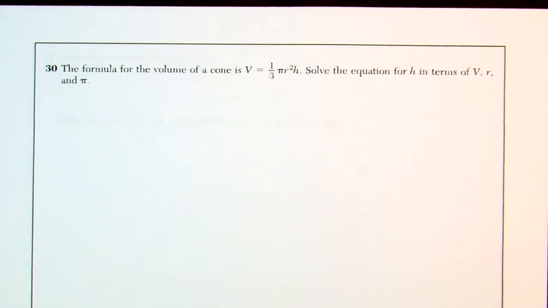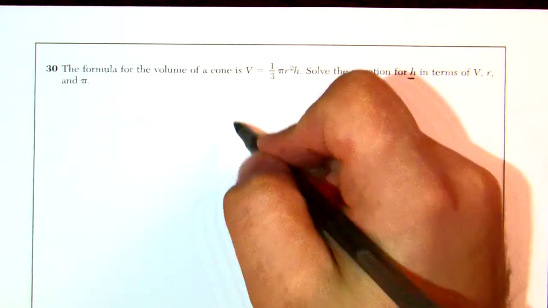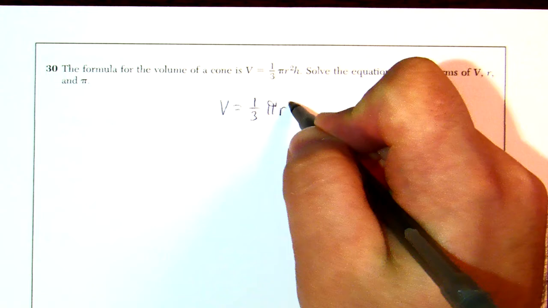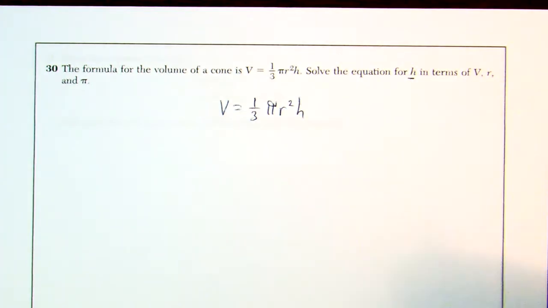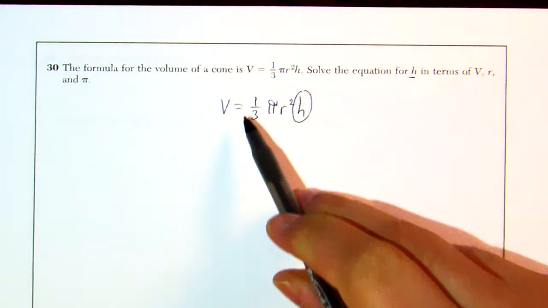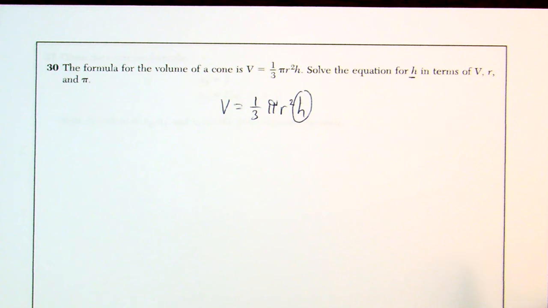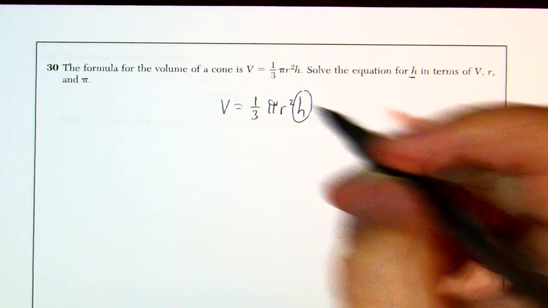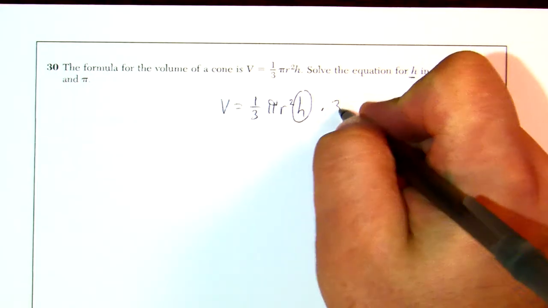Number 30. The formula for the volume of a cone is V equals 1/3 pi r squared h. Solve the equation for h in terms of V, r, and pi. So we want h by itself. So V equals 1/3 pi r squared h. This is what we're looking to get by itself. So just because we had the fraction there, let's get rid of the fraction. The opposite of dividing by 3, which means 1 divided by 3, is multiplying by 3. So if I multiply both sides by 3,